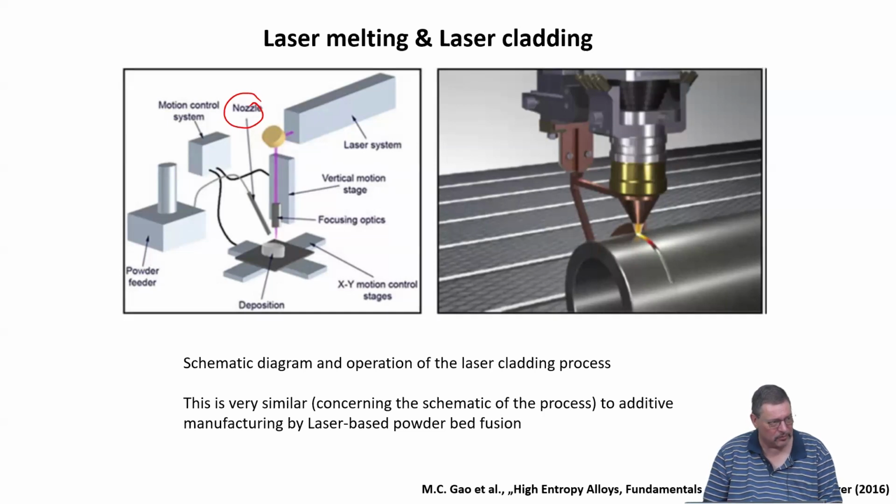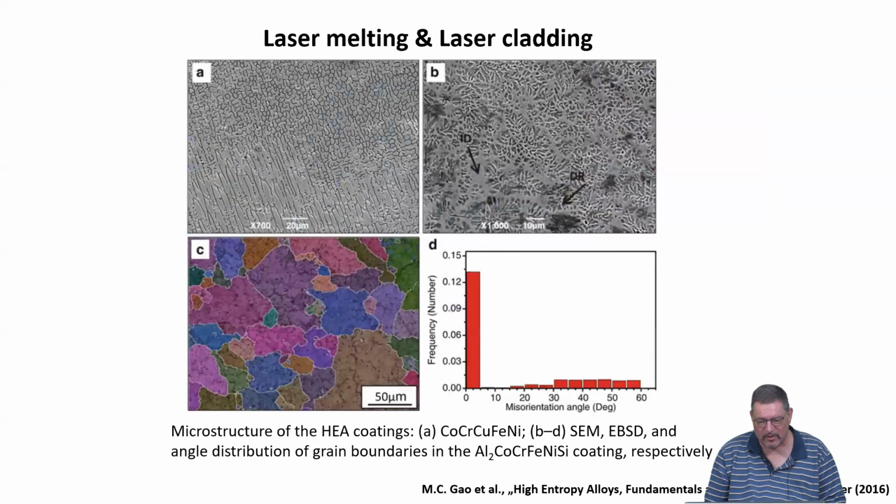So again, one needs to do some post-processing treatment if you are not interested in this metastable microstructure. If you want a stable microstructure, you have to do some annealing, maybe even rolling and annealing, in order to form a good equilibrium structure. Otherwise, it's often that you see dendritic type solidification structures, which again tell you there was a rapid solidification process and there was either constitutional or thermal undercooling, so the solidification front has become unstable and dendrites have formed.